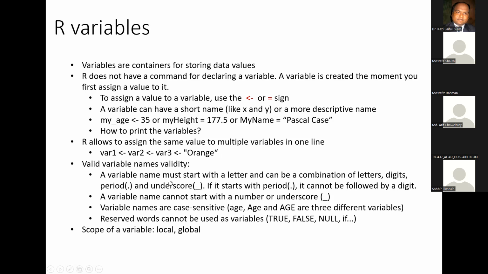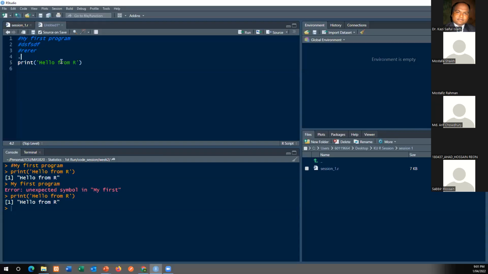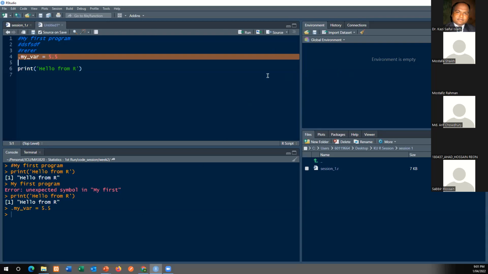A variable name must start with a letter, okay, or can start with a letter, and can be a combination of letters and digits with a period and underscore, okay? But if it starts with a period, then it cannot be followed by a digit, okay? For example, if your variable starts with a dot and then say my var is equal to say 5.5, okay? This is valid, and you can run it,